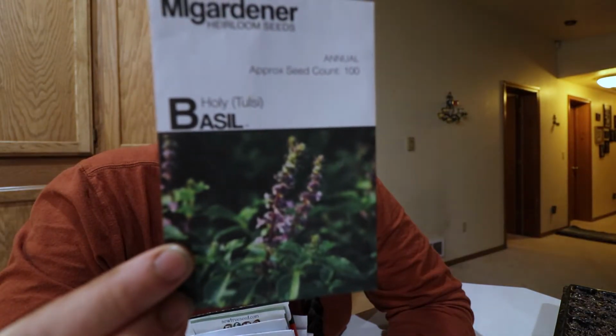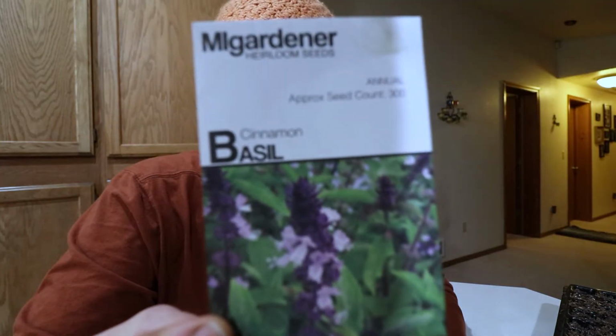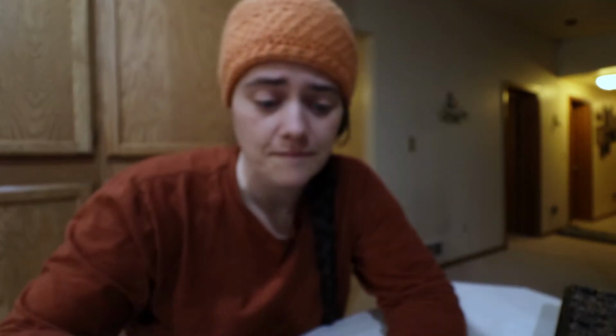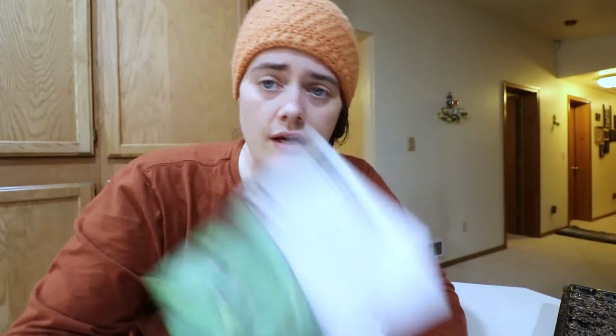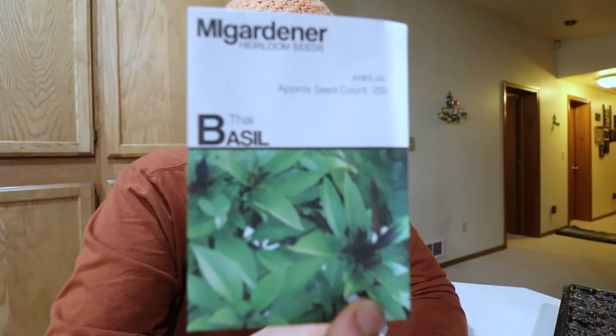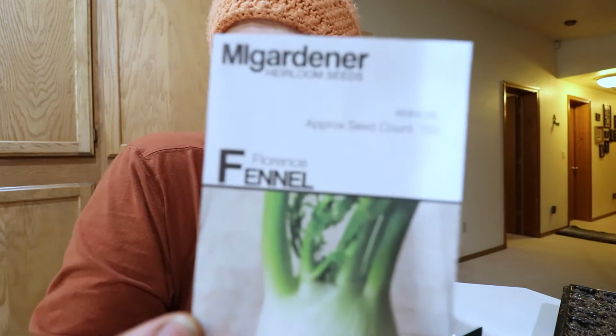Am I right? The first one we're gonna be growing is a holy tulsi basil and cinnamon basil. Look how pretty that is. Blue spice basil. And then a Thai basil. There we go. Okay, so I'm gonna go through all the ones. I'm gonna get them out of order here. We have a Florence fennel,